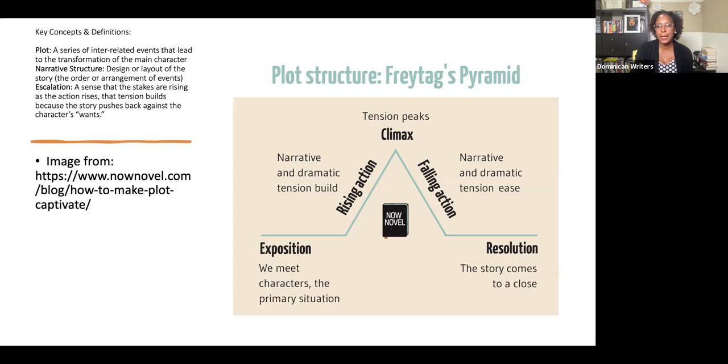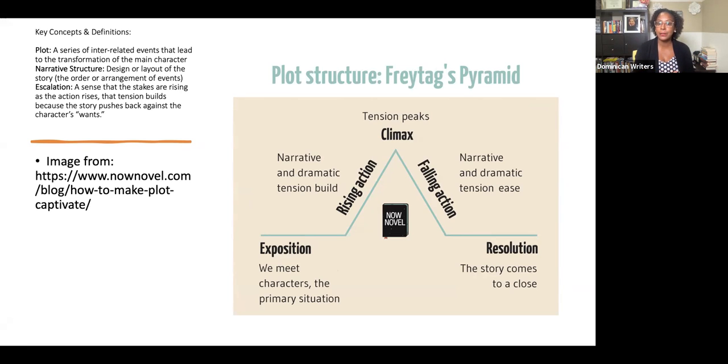So, Freytag's pyramid, and I might be mispronouncing the man's name, who knows, says that the beginning of the story is part 1, part 2, and part 3. Part 1 is where there's exposition, we meet the characters, we understand the situation, there's an inciting incident, which means, I think we talked about that 2 weeks ago, what is different about this day, and so we start from this point where we get familiar with what the world is like, and we also understand what's really different about this day, what's different about the situation.